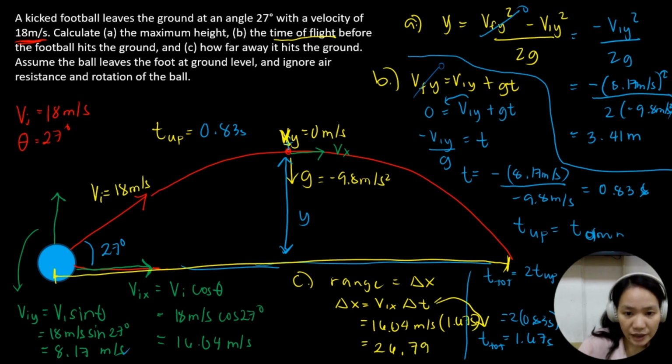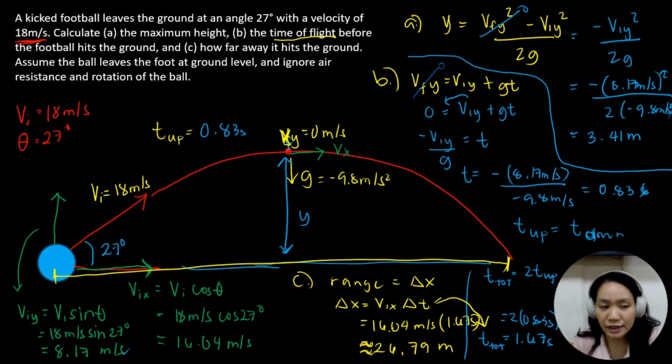26.79. Please take note that this is a rounded off value. Your answer might be off if you use in the equation values that are also rounded off. But that is all right, because the discrepancies are just by decimal points, and in a macroscopic motion, those decimal points aren't observable or are almost negligible. So if you got a value that's 26.63 or lower than 26.79, that is okay.